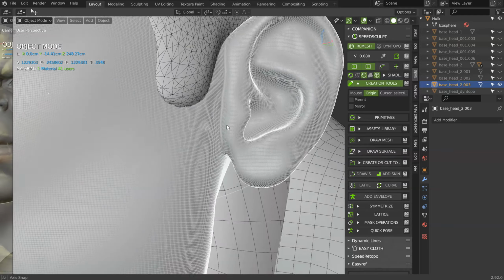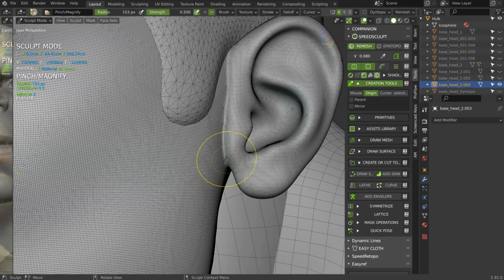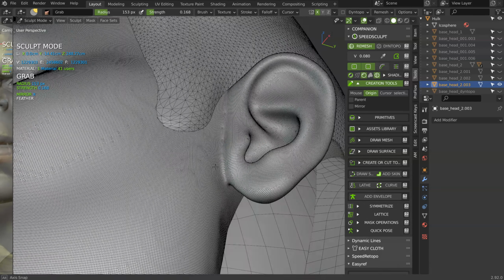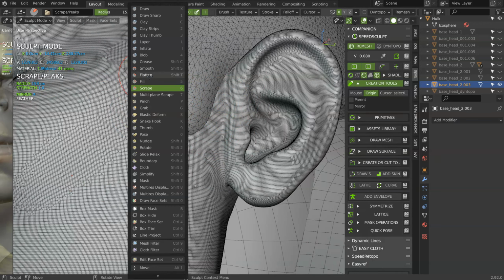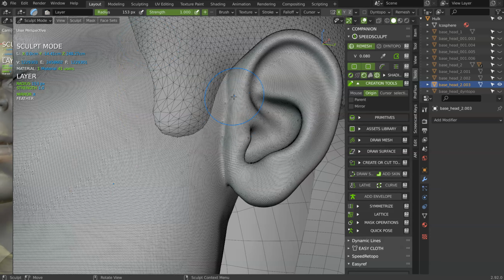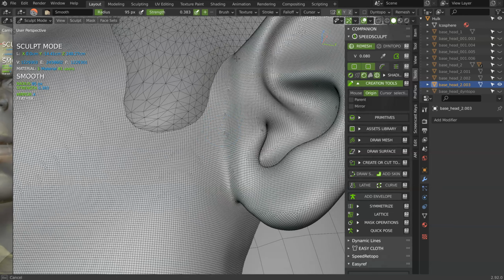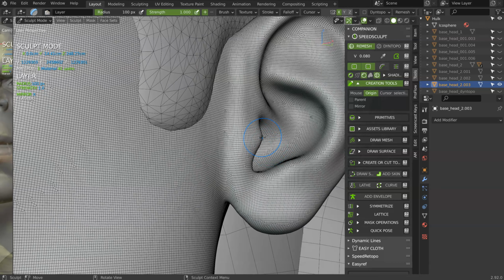And that's it. And after, of course, come back to Sculpt. Just edit with the grab tool. Smooth. Normally we have the layer. Not really.